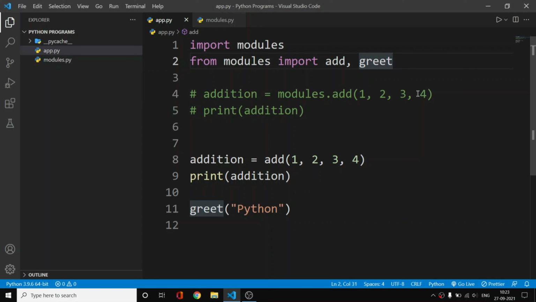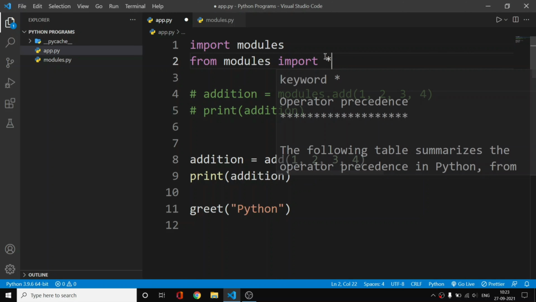Now if there are thousands of functions in our file and we want to import them all, I don't want to import them one by one, and I don't want to use this modules dot again and again and again in my code. That will make my code ugly. So for that, what I can do is I can use this asterisk. So this is a star.